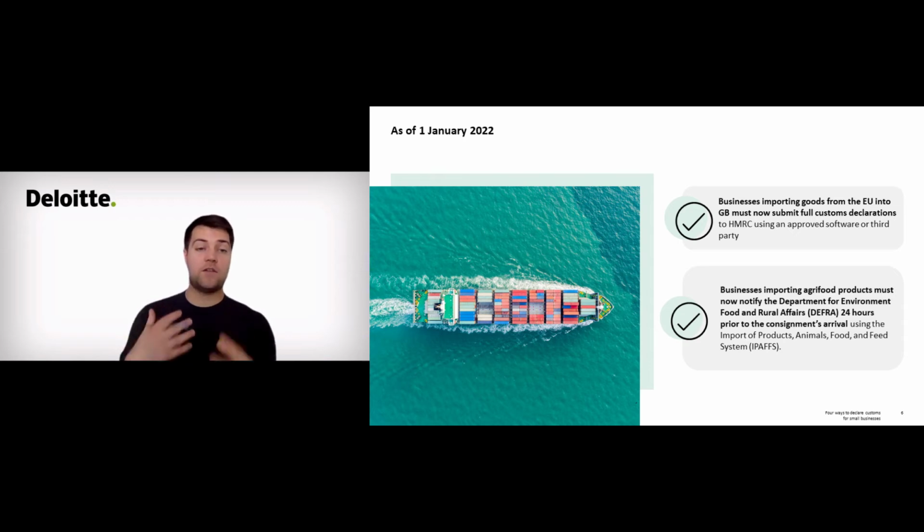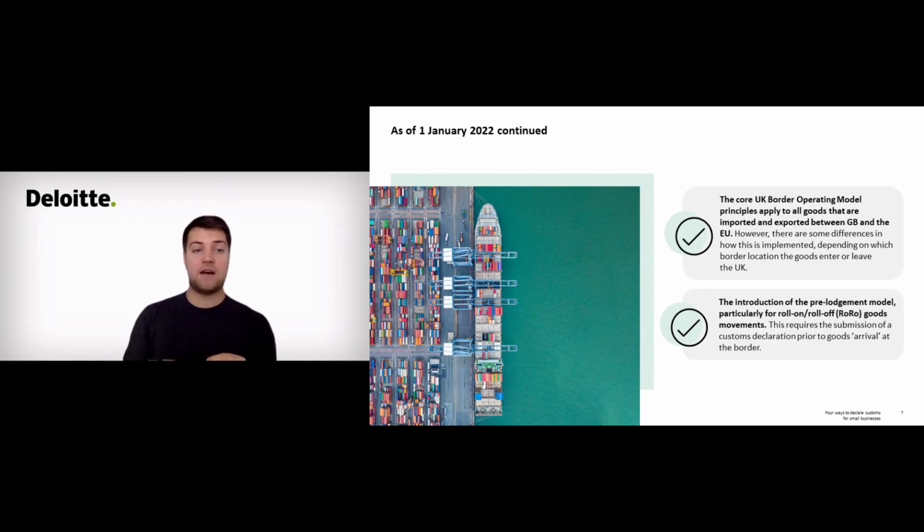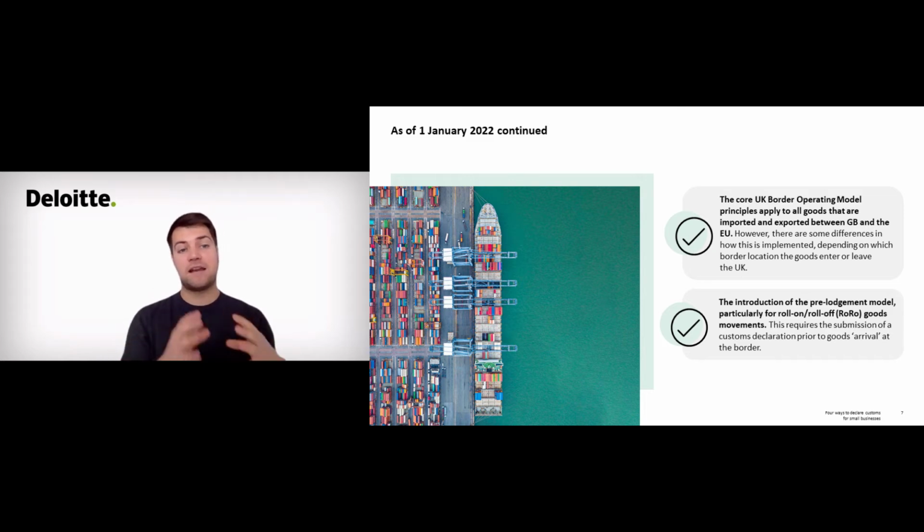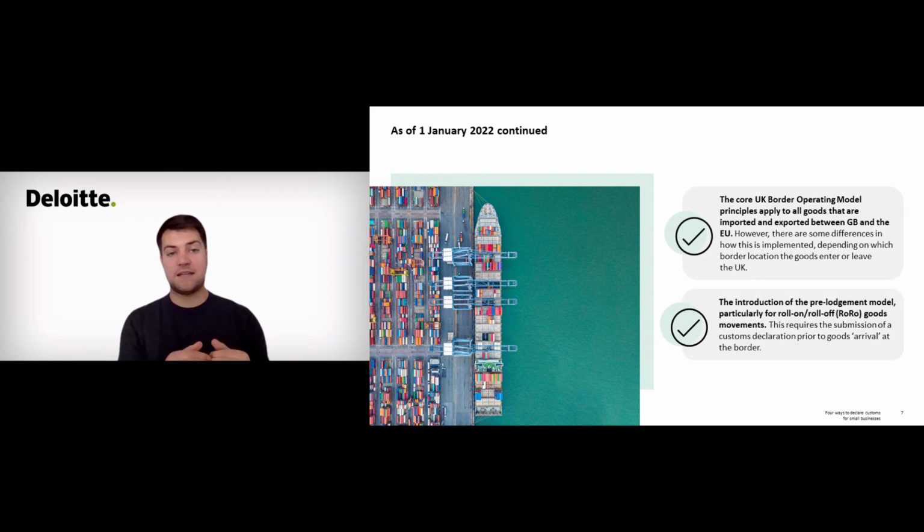So the other change that has taken place in phase 2 is the pre-lodgement model. So this is the pre-lodgement of the customs declaration itself. As we mentioned before, there was no requirement to submit a full declaration at the border, and therefore pre-lodgement wouldn't work because some companies would make the declaration, some may take up to 6 months. Now what HMRC requires is that all traders have submitted their customs import declaration prior to actually arriving at the